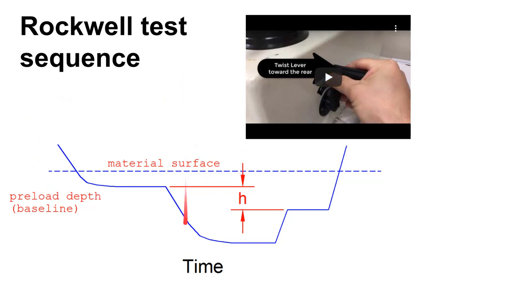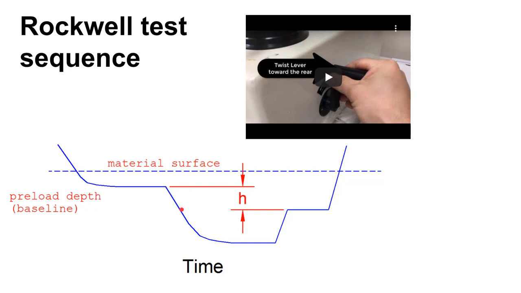This is the motion of the indenter up and down along this axis, and this is time on this other axis. So we start by bringing the indenter down and applying a preload. The indenter is actually shoved into the surface at the beginning of the test, and that preload, like we talked about in the last lecture, mashes down some of the surface asperities and gets some of the elasticity out of the equipment. And then you apply the major load.